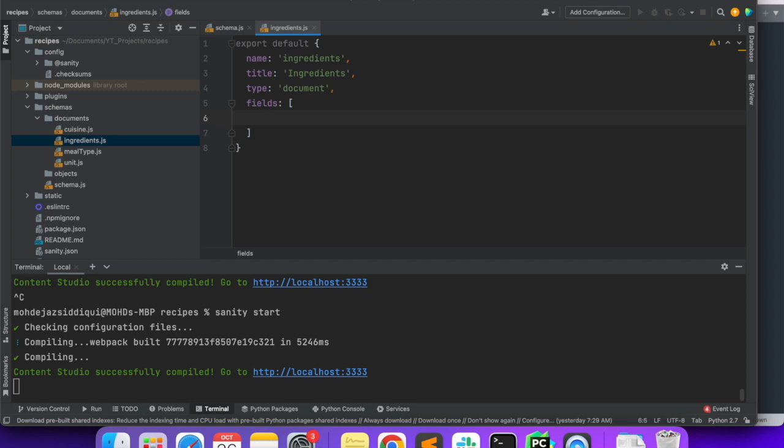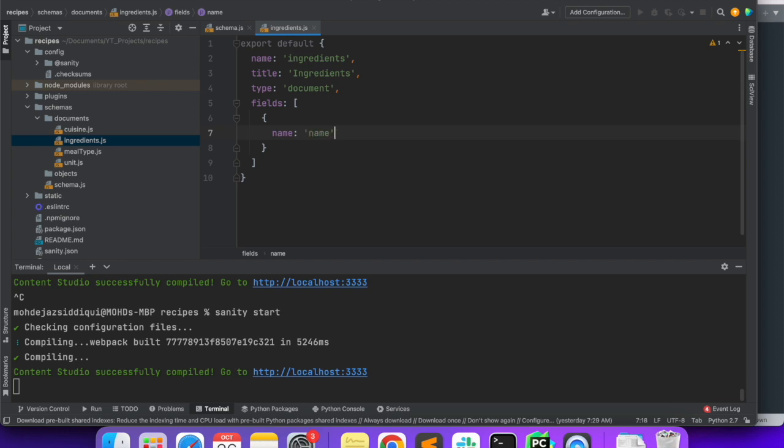So one field that we need is the name. It's the name of the ingredient, and for sure this is of type string, and the title, name of ingredient, maybe we can put it something like this. Yeah, now the next part is the